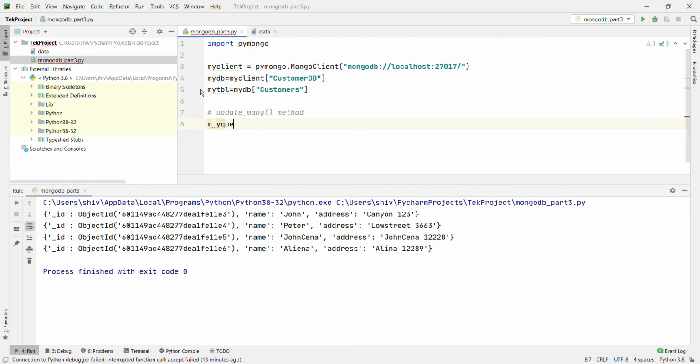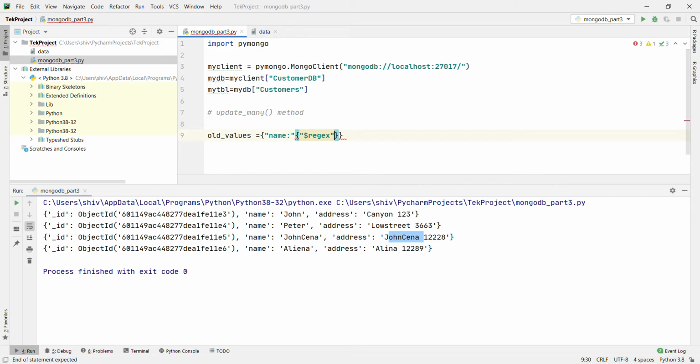For that, my query, you can write old values with the address, any value. Okay, John. Instead of address, I am going to use name, because we are going to use a regular expression, and John starts with J, so it is going to update the first and third values.